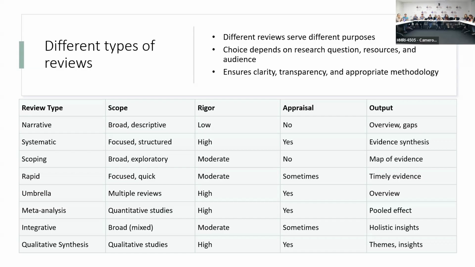Systematic review, it is gold standard, it is focused, it is structured, it is military precision, it has high rigour, you do have an appraisal component and detailed evidence. So obviously the best. Scoping review, again, I won't go too much into these, but broad, exploratory. A rapid review, that's quick, hot off the press, what's happening in respiratory right now, we need to be across it. When COVID first came out, rapid reviews would be what I'm thinking of there. An umbrella review is a review of reviews. When a systematic review is not enough, you have a systematic review of systematic reviews.